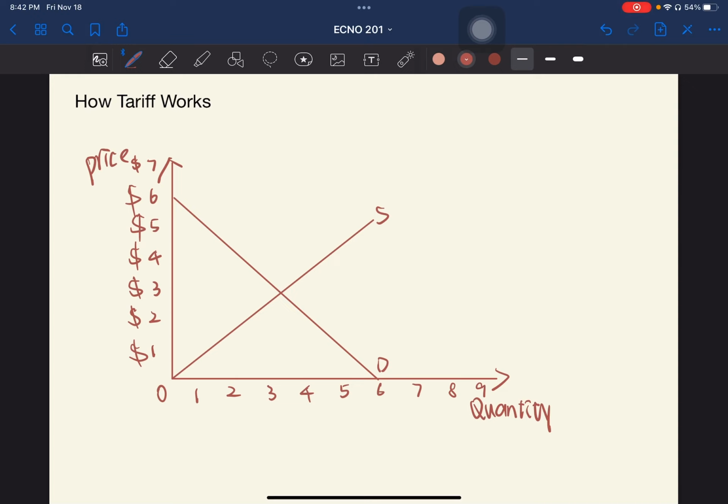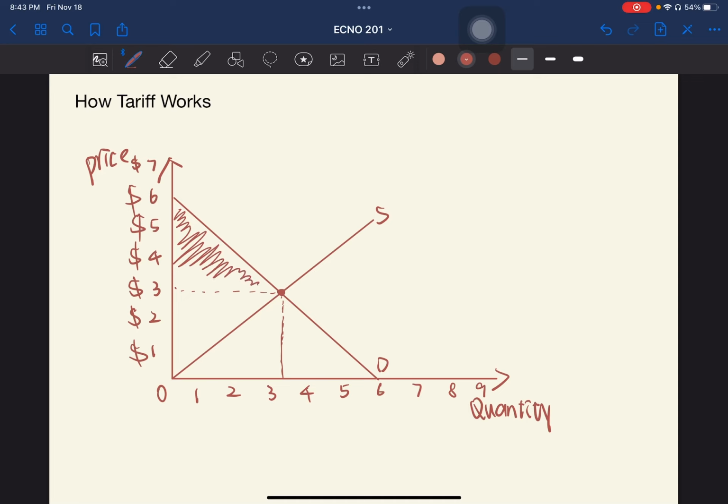So this is the supply curve and this is the demand curve. And this is the equilibrium price, where the quantity will be 3.5 and the price will be $3. And then in this case the consumer surplus will be this part here below the demand curve and